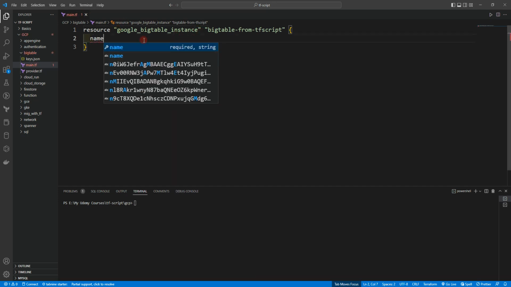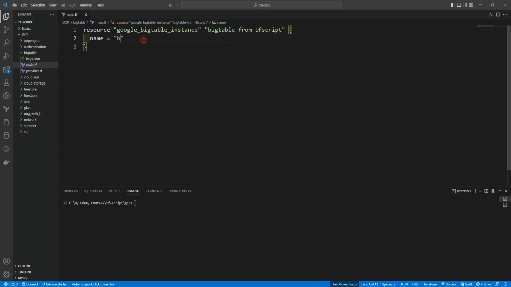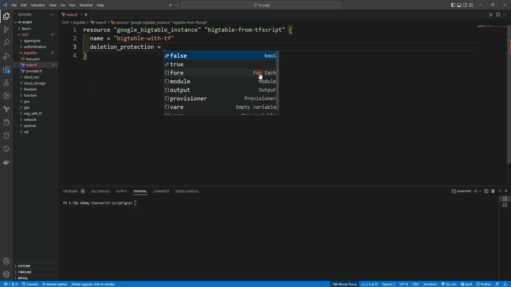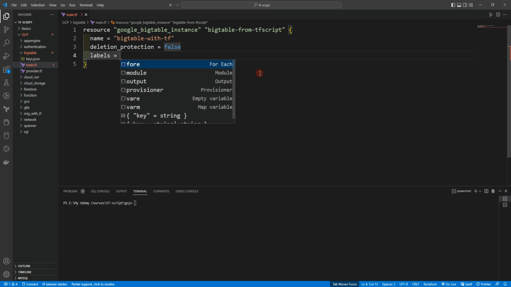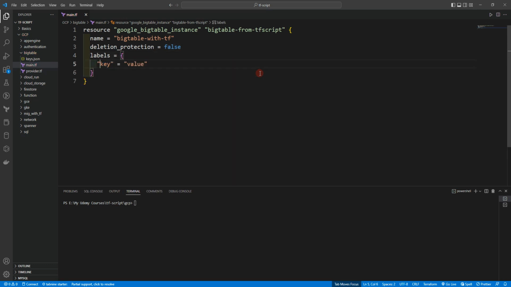Let's give the name here, and the name would be Bigtable, let's say with TF here. And the next thing is, for example, we can provide the deletion protection to false, so we can destroy our resource after we create it. So we can also provide labels. Let's say the labels Bigtable. This is just an example. You can use other names for that. Let's say testing